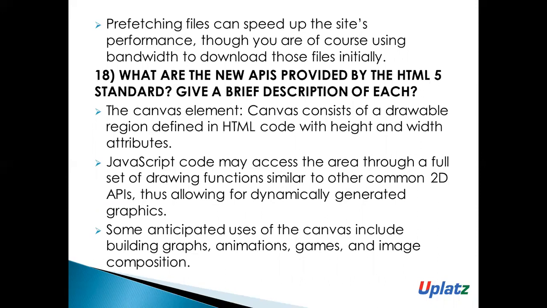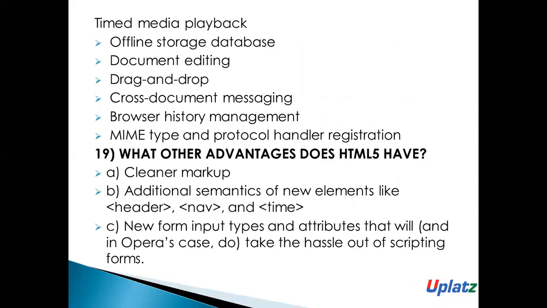So canvas consists of a drawable region defined in HTML code with height and width attributes. This JavaScript code may access the area through a full set of drawing functions similar to other 2D APIs, etc. Some anticipated uses of canvas include building graphics, animation, games, and image composition. So those are some of the important APIs. Timed media playback, offline storage database, document editing, drag and drop, cross document messaging, and MIME type and protocol